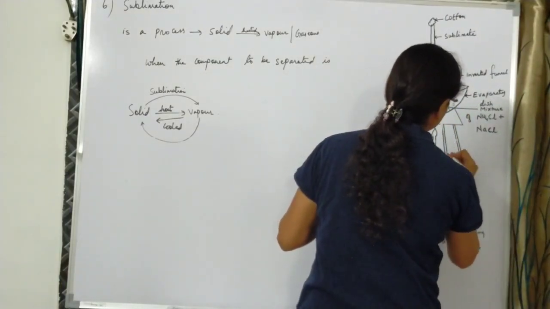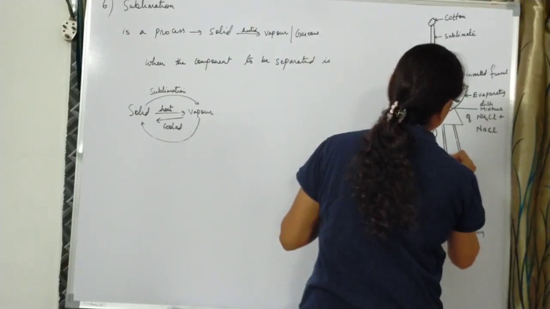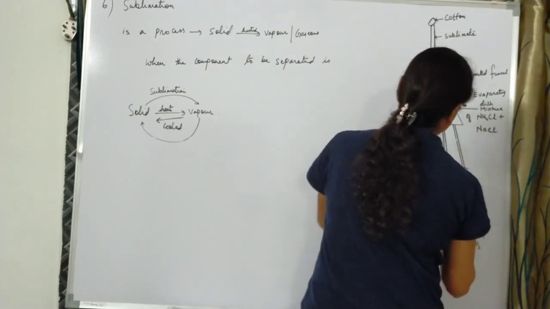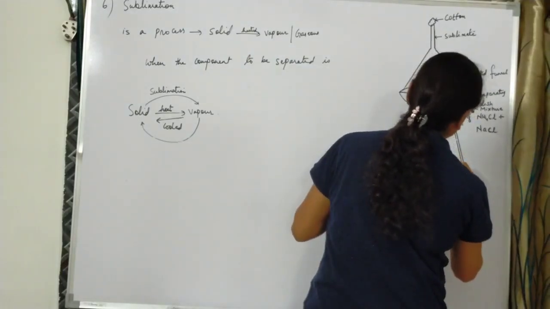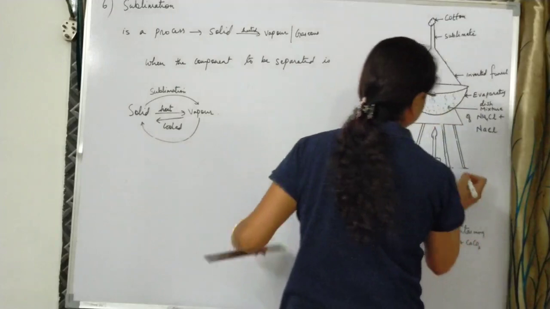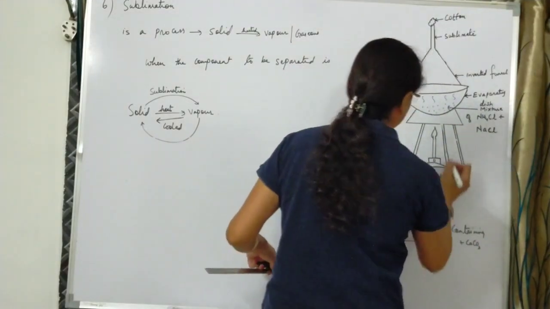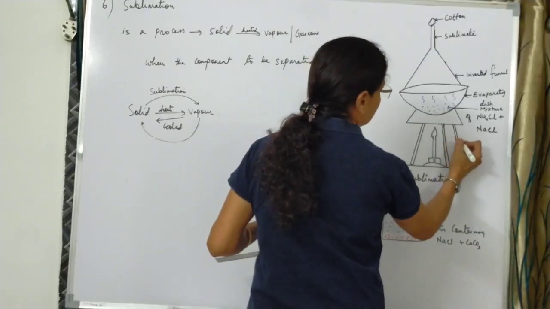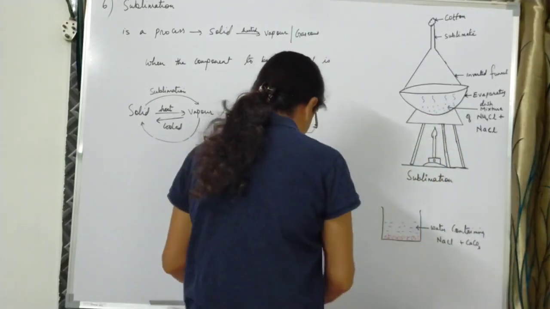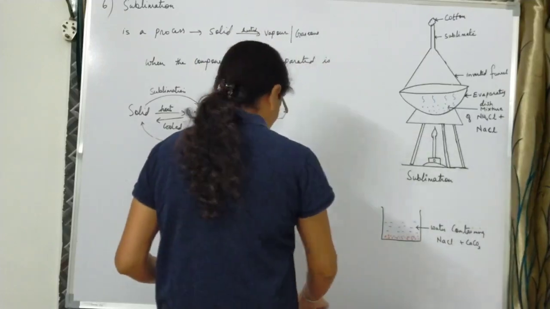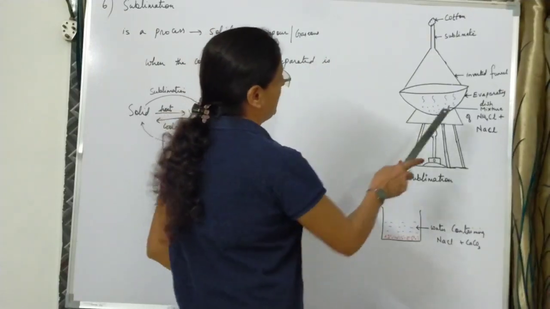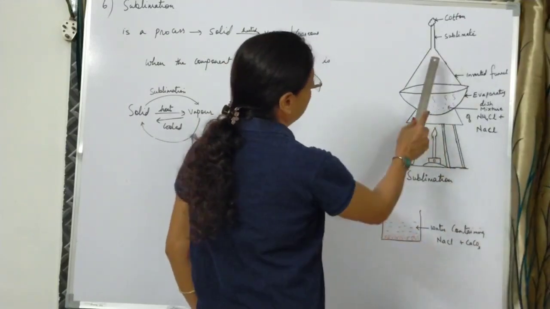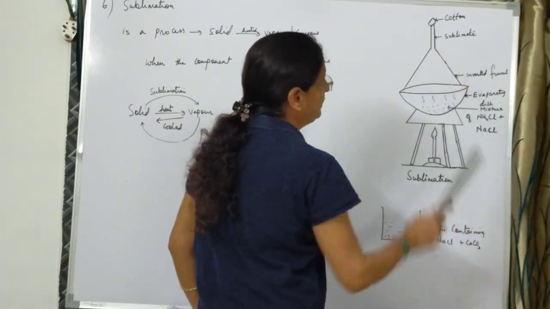One more support over here that we can give over here. So this is our regular tripod stand with which we have given the support to this. Okay. So when we heat over here, what will happen? These vapors will be formed. These vapors will be coming to this funnel which has been inverted over this evaporating dish.